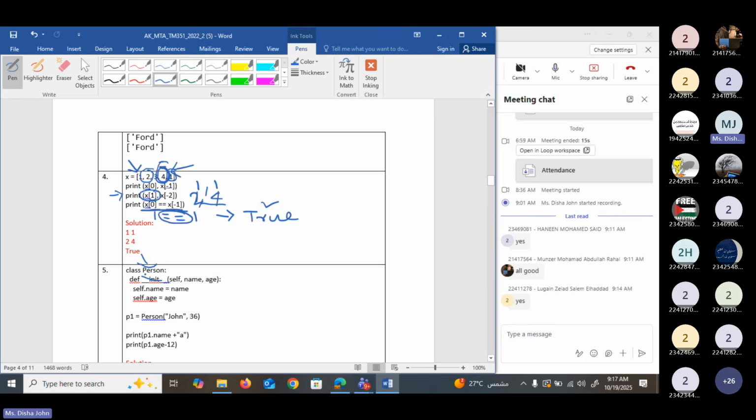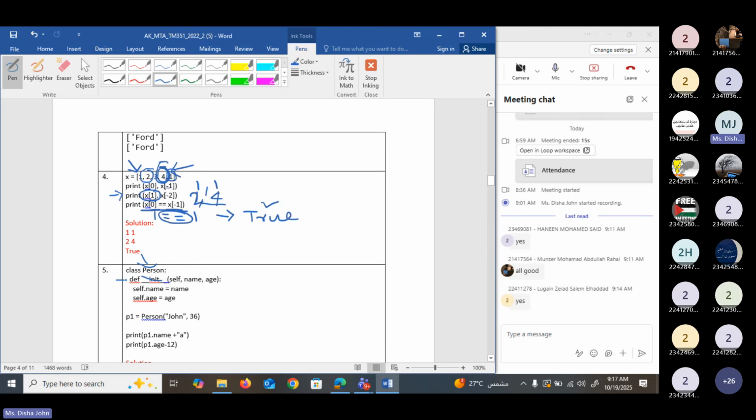Here we have a class called person, and in this class we have two variables, let's say the name of the person and age of the person. So we need to initialize these two variables. To initialize these two variables, we are using the init method. Okay, so look at the init method.